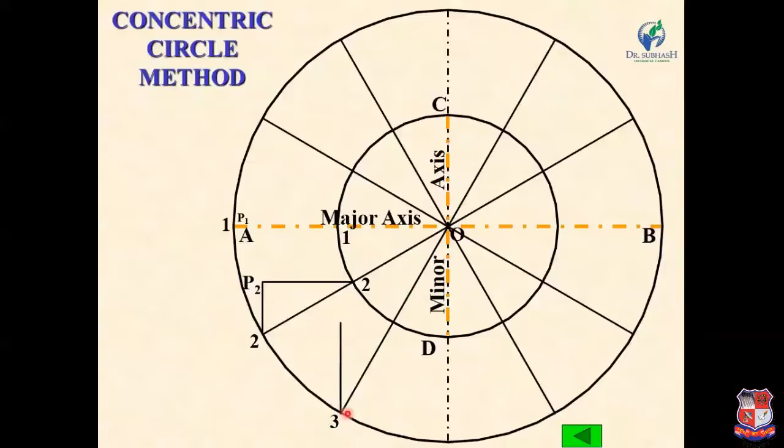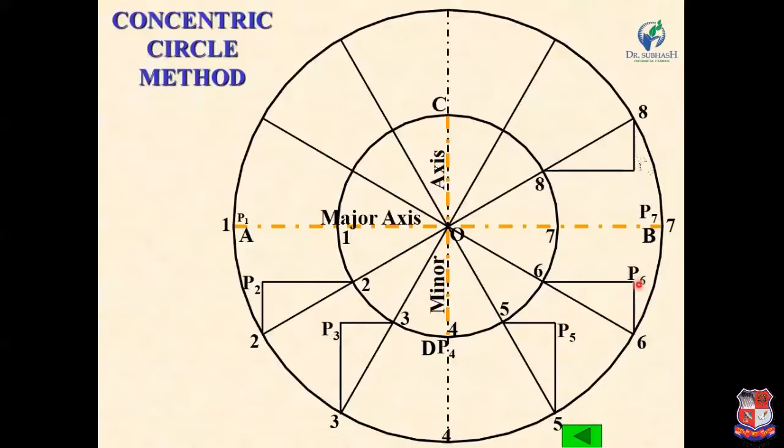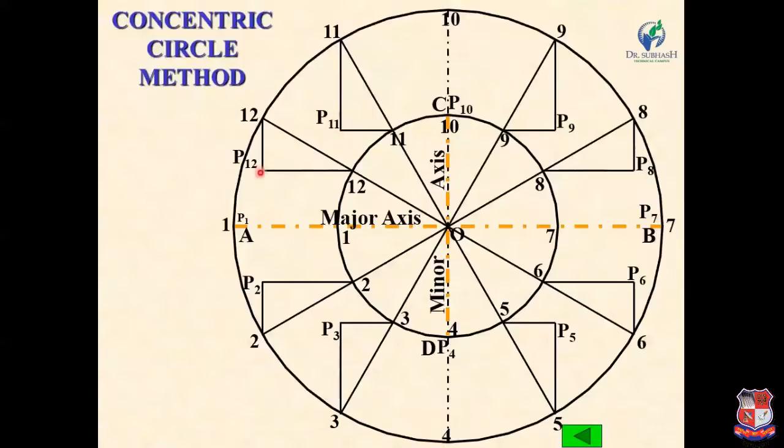Similarly, draw a vertical upward line from point 3 and a horizontal line from point 3 of the inner circle, and the intersection point is P3. Here, similarly, you can find the points P5, P6, P7, P8, P9, P10, P11 and P12. Okay, so you have to remember that you have to draw vertical lines from the outer circle's points and horizontal lines